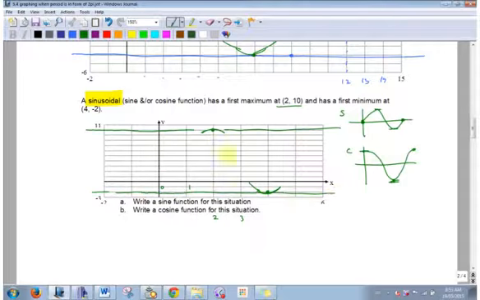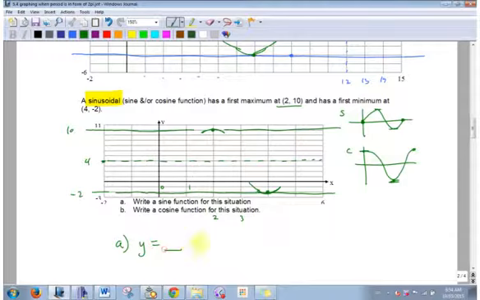So what is my amplitude? What is my vertical displacement? That's 10. And that's minus 2. That is a 12. So what's half of 12? 6. So 6 down from 10, or 6 up from negative 2, I don't care which way you think about it, that's the midpoint. That's at 4, right? That's my vertical displacement. So A,